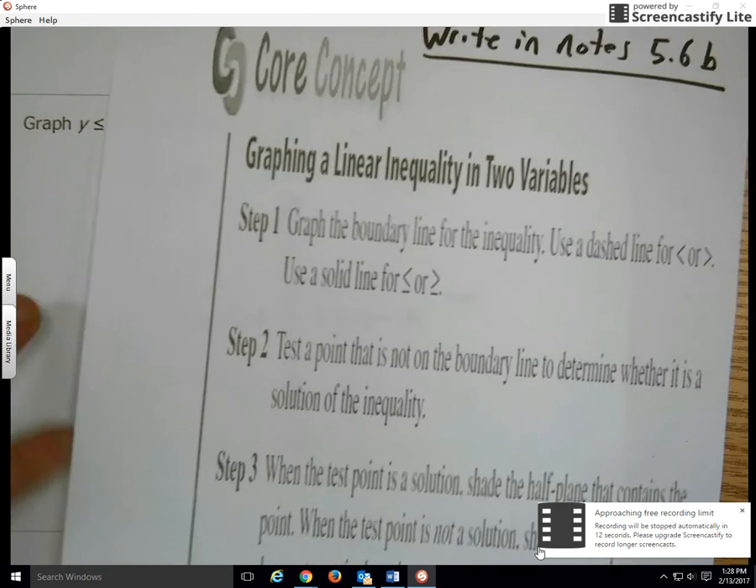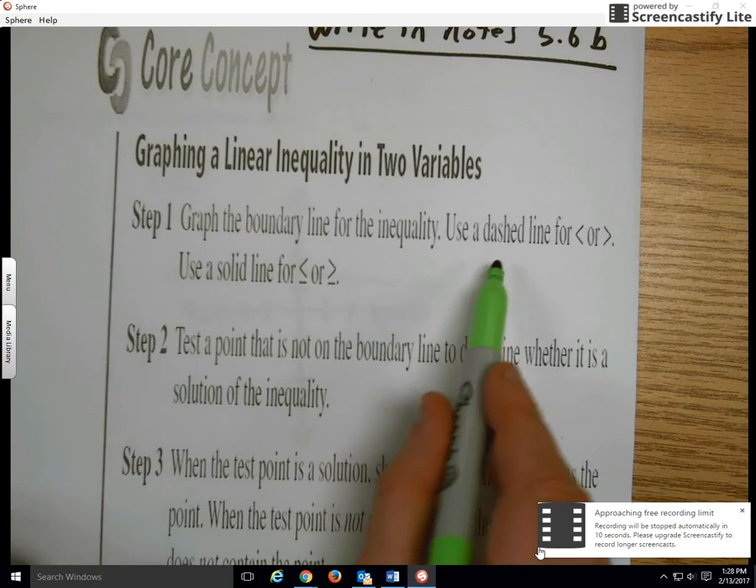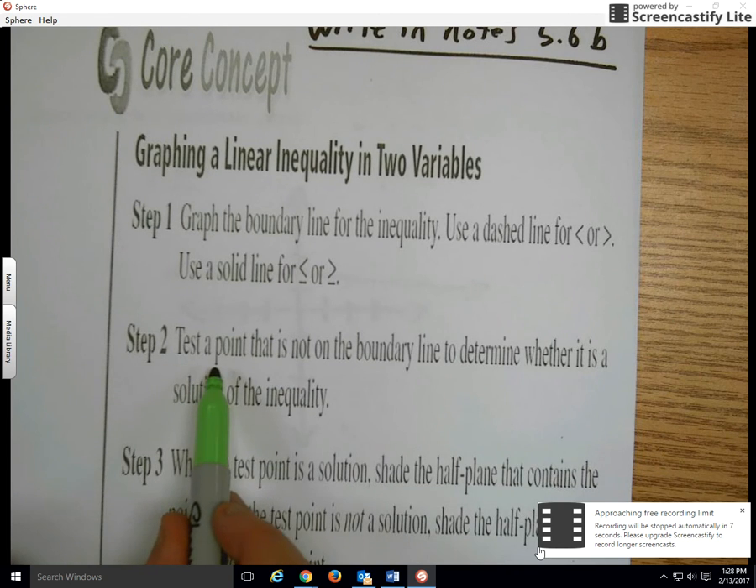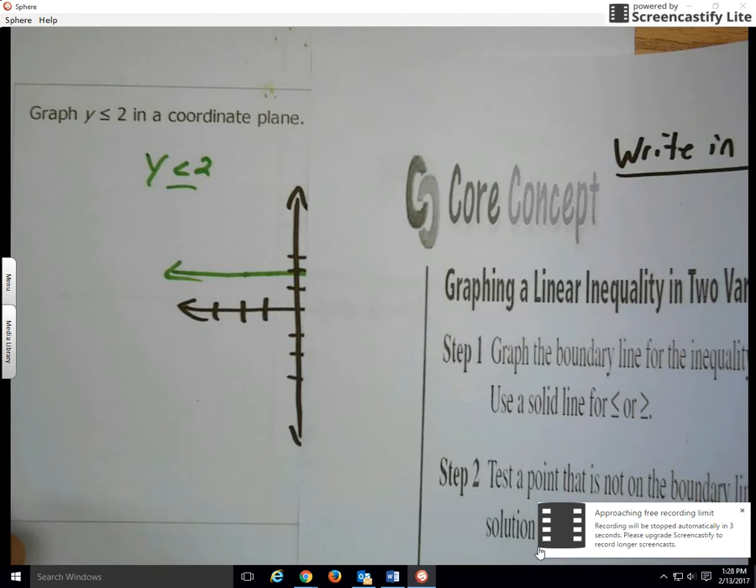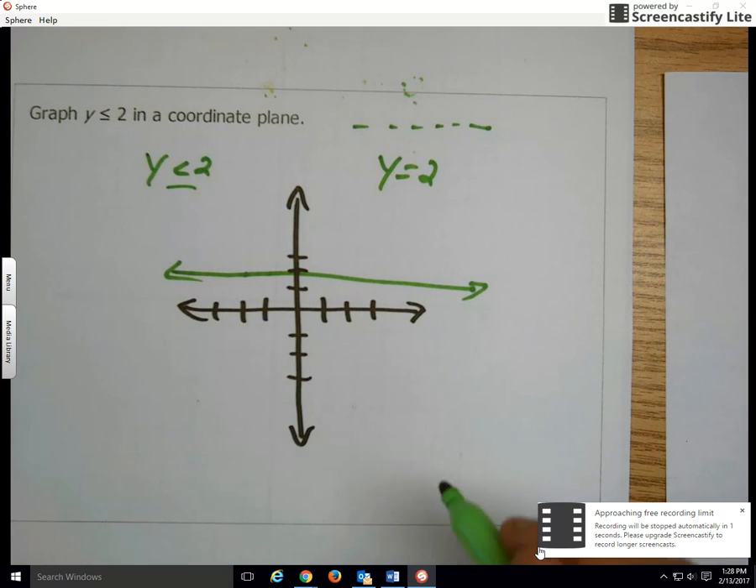So that's the first step, is we graph the boundary line. Next, we test a point that is not on the boundary line to determine if it's a solution to the inequality. What do you think is